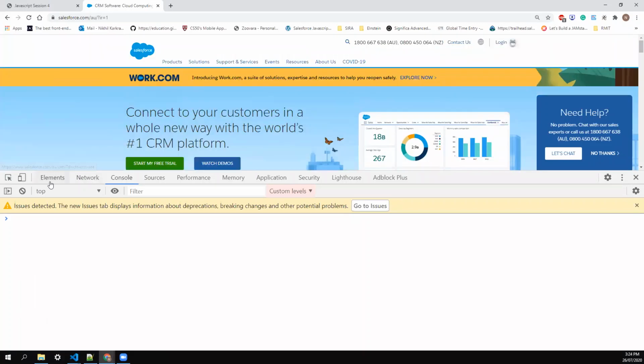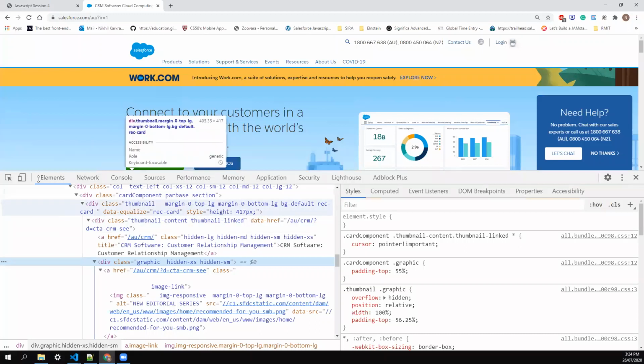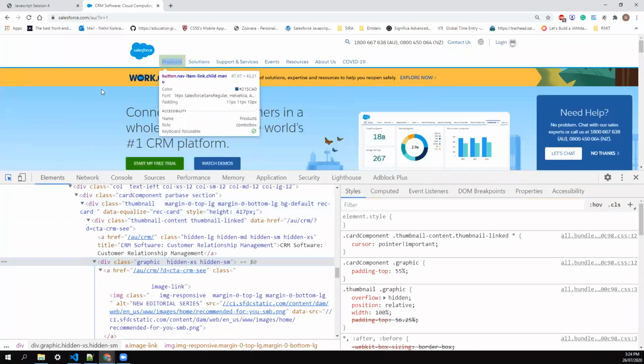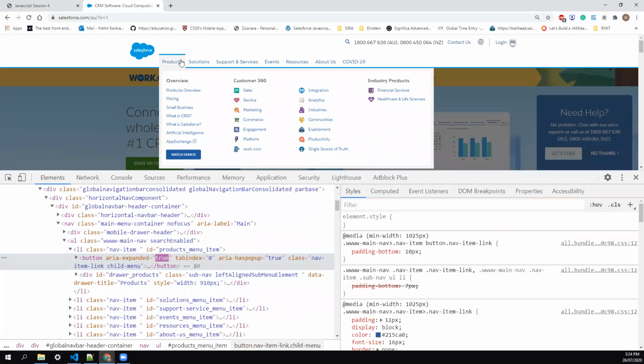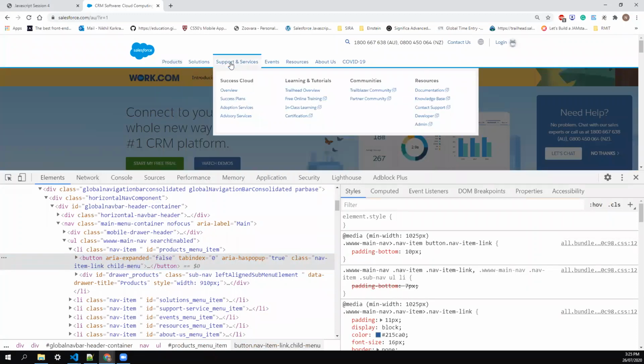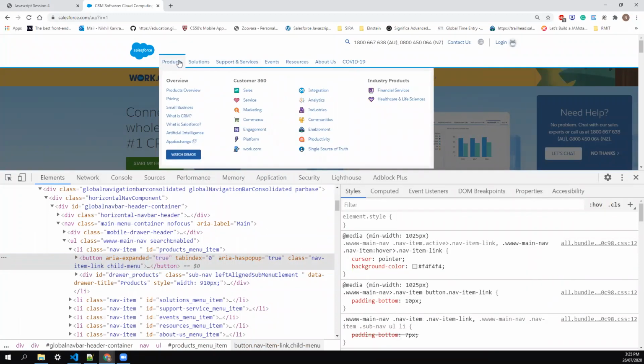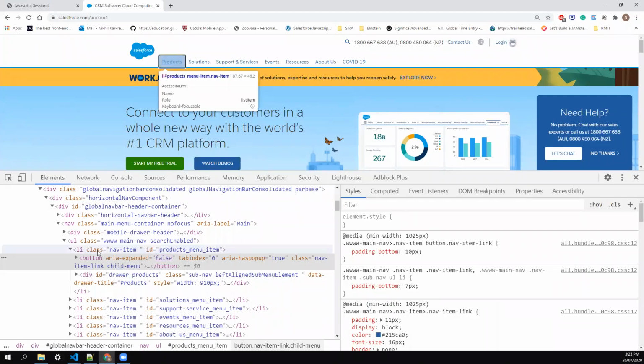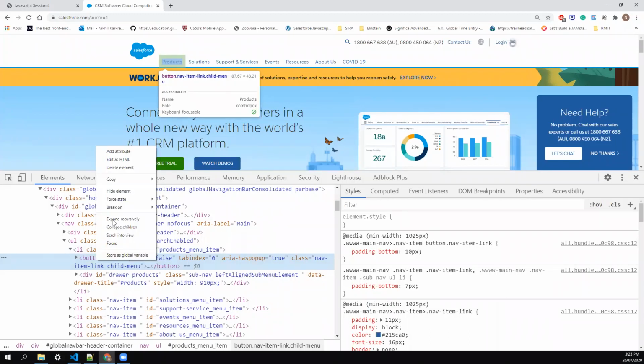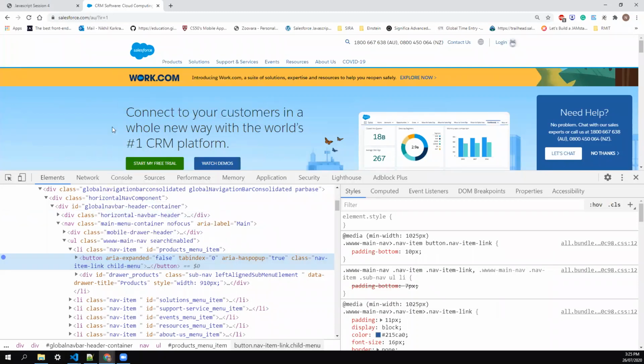Apart from that, another cool trick we can check here: we already saw that on hover we are opening the dropdowns, right? But we don't know which file Salesforce is using behind the scenes. So I focus on my button, do a right click, and put a break on attribute modification.